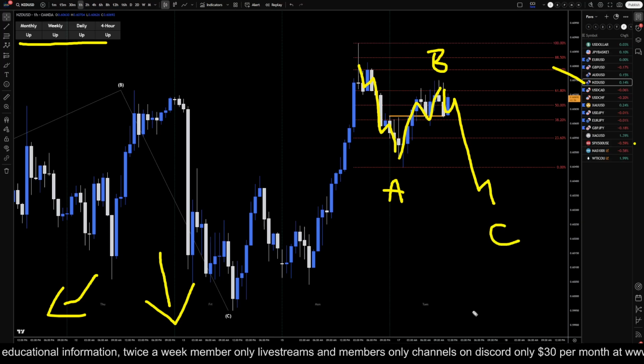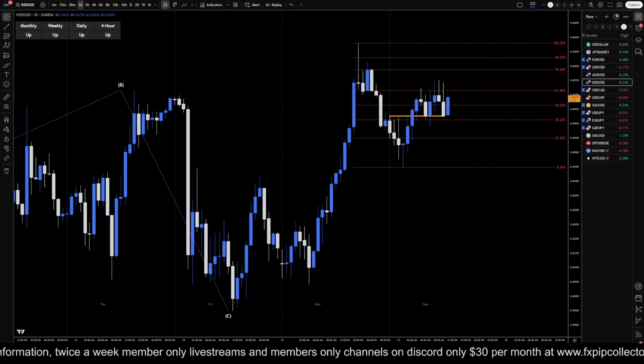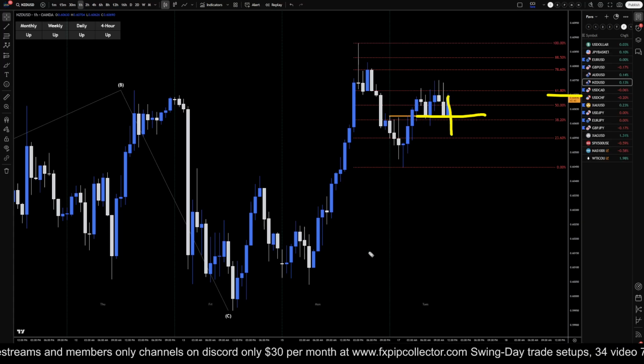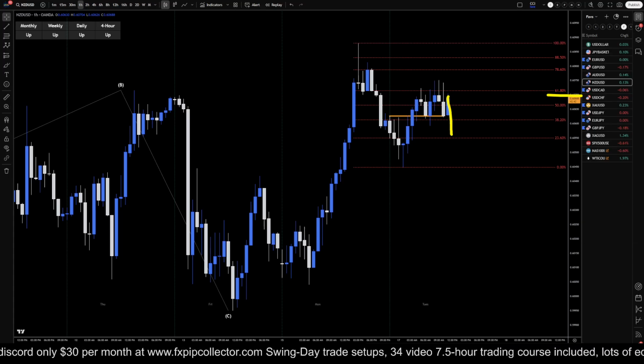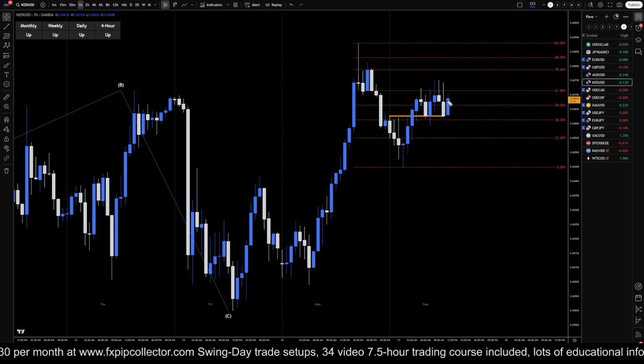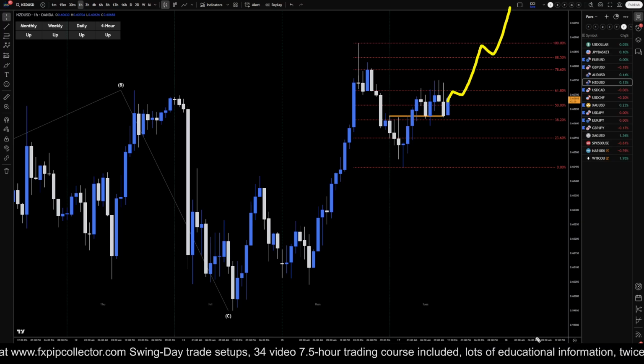For me personally, I am not trading it to the short side because the trend is up on every single time frame. Now, if we get a Fibonacci bounce and a break back to the downside, then I could definitely at that point justify looking for shorts on shorter time frames, but it definitely hasn't happened, and because the trend is up on every single time frame, there's always a possibility that it just keeps on trending.